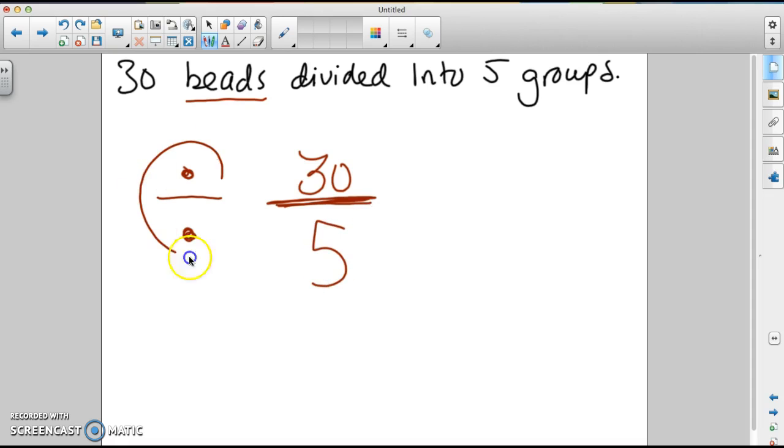I've now taken my division symbol. I've replaced each dot, the numerator and the denominator, with the corresponding numbers from the question. 30 divided by 5. Pretty simple, right? That question, I think, lends itself to being solved. I think it's a lot easier